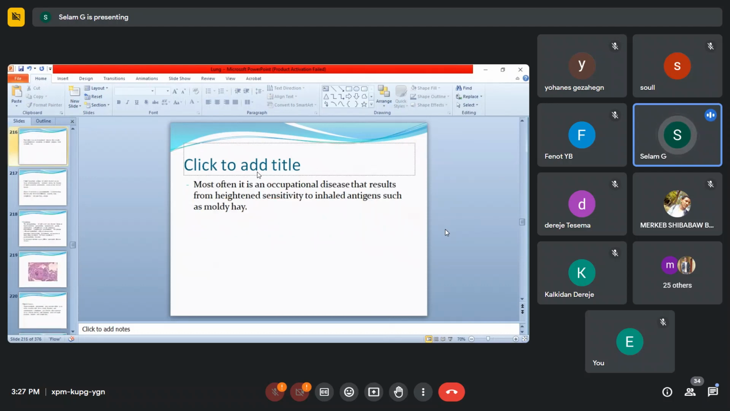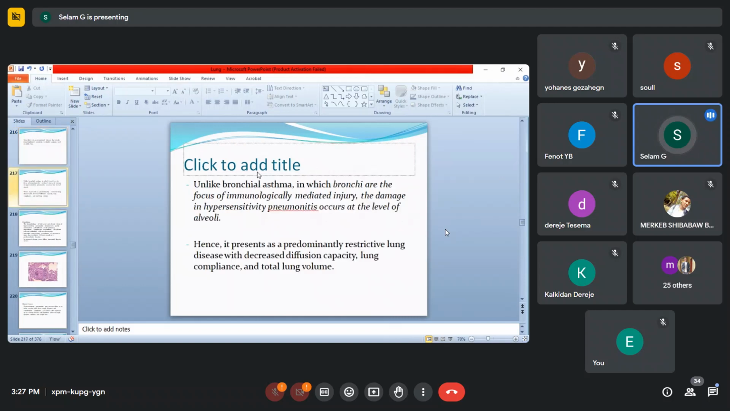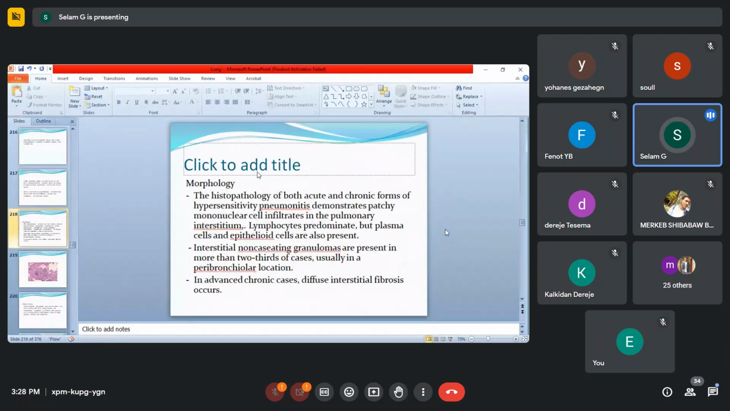Most often it is an occupational disease that results from heightened sensitivity to inhaled antigens such as small d hay. And unlike bronchial asthma, in which the bronchi are the focus of immunologically mediated injury, the damage in hypersensitivity pneumonitis occurs at the level of the alveoli. Hence, it presents as a predominantly restrictive lung disease with decreased diffusion capacity, lung compliance, and total lung volume. Morphologically,